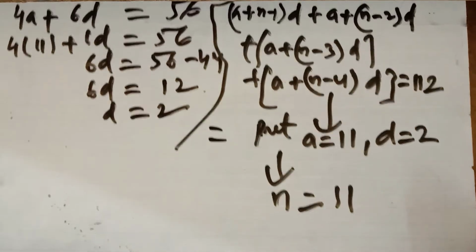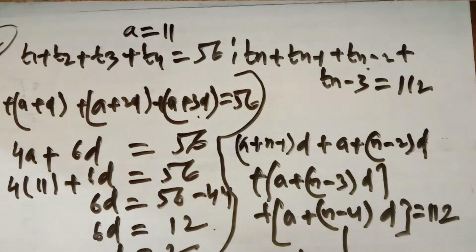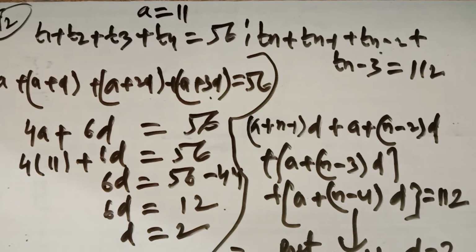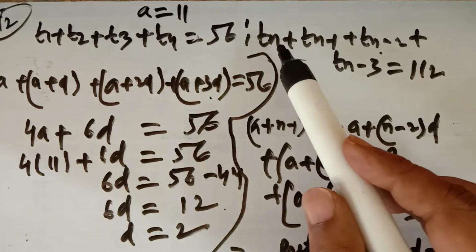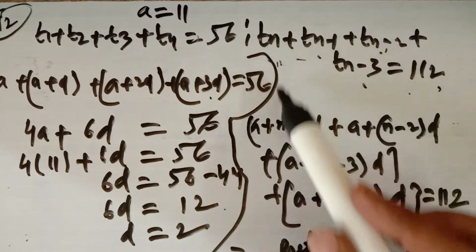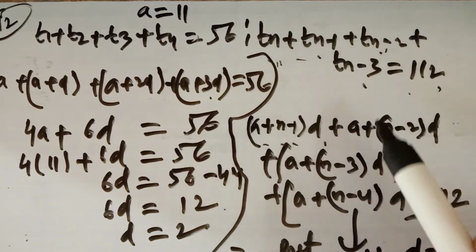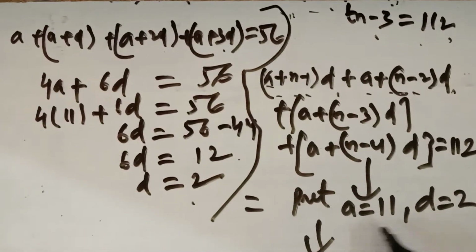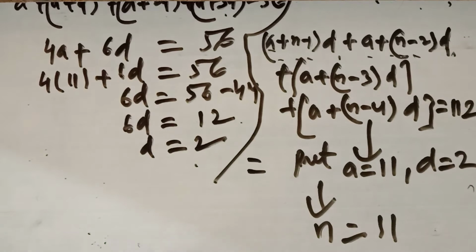So this is the question. You do it like this. The sum of first 4 terms is given. The sum of last 4 terms is given. And the first term is given. So by the first condition, you have obtained the value of d. And the sum of last 4 terms, which I have taken as n, n minus 1, n minus 2, n minus 3, their sum is 112. So the nth term is a plus (n minus 1) into d, the (n minus 1)th term is a plus (n minus 2) into d. When you replace the value of a and d here, which is 11 and 2, you will get the value of n as 11. So this is question number 12. Now 13.